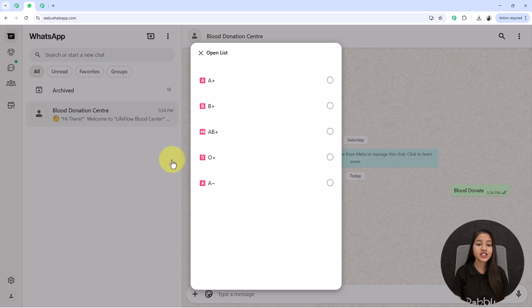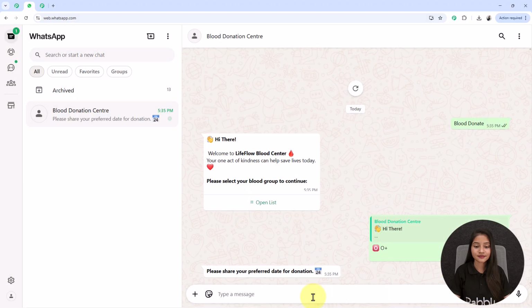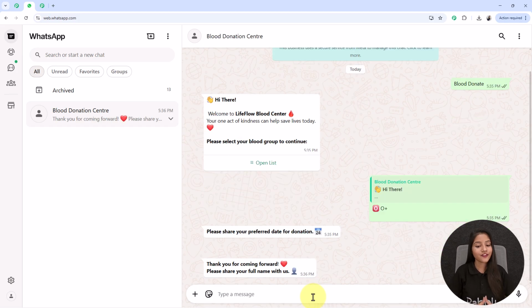When I click on it, it will provide me the types of blood groups, that is A positive, B positive, AB positive, O positive or A negative. My blood group is O positive, so I am selecting this. Then it will ask me to share the date when I would like to do the donation, so I am sharing one date. After that, it will ask me for my full name